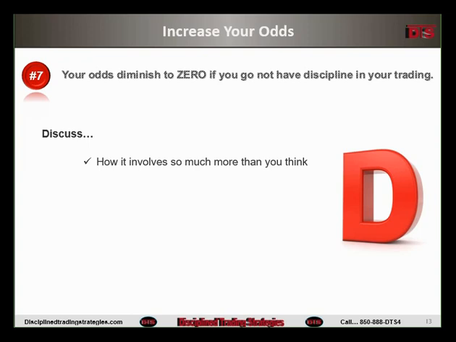I absolutely believe psychology can be a problem for people. But psychology comes when you know how to read a chart, you know the setups, you know your entry, you know what to do, and you find at the end of the day, you just can't do what you're supposed to do. In other words, you show me a trade and your trading plan. That setup was good, your entry was good, and you're supposed to do this to manage it, and you did something different with your trade, and you do that day after day after day.